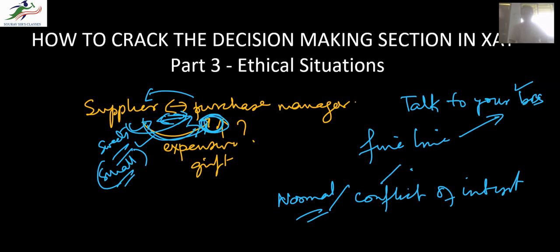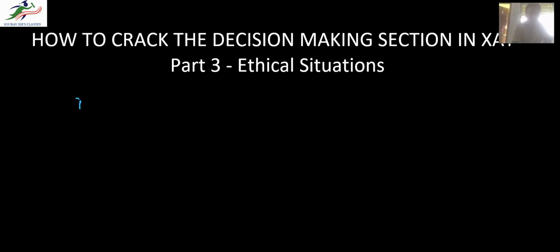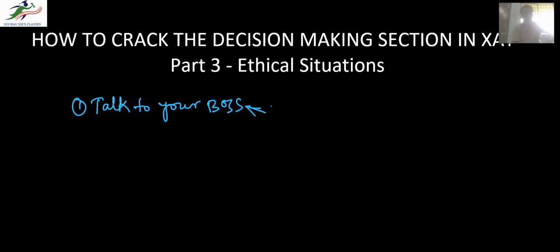So in a sense, what are the rules of ethical corporate behavior? Number one, talk to your boss. Whenever you face a situation which has some element of doubt, or which might be construed as a conflict of interest or as something which is not correct as per the company rules or in the interest of your company, please talk to your boss. Now, if there is some element of doubt after that discussion or confusion, or your boss is telling you something which you are not convinced with,